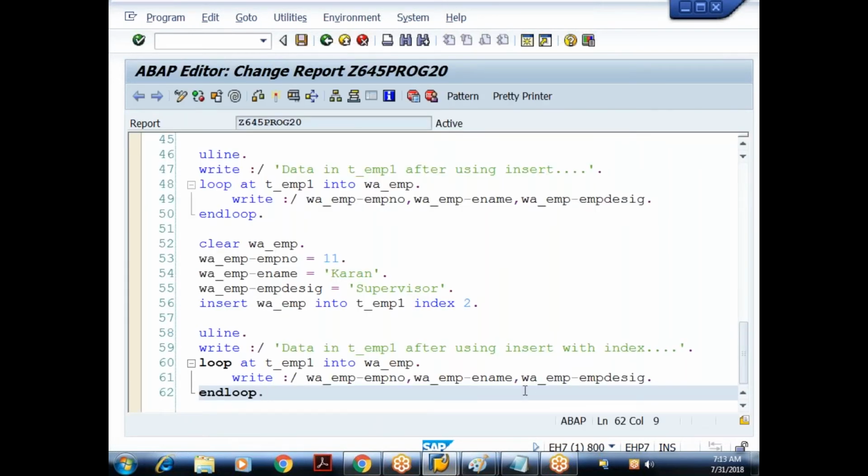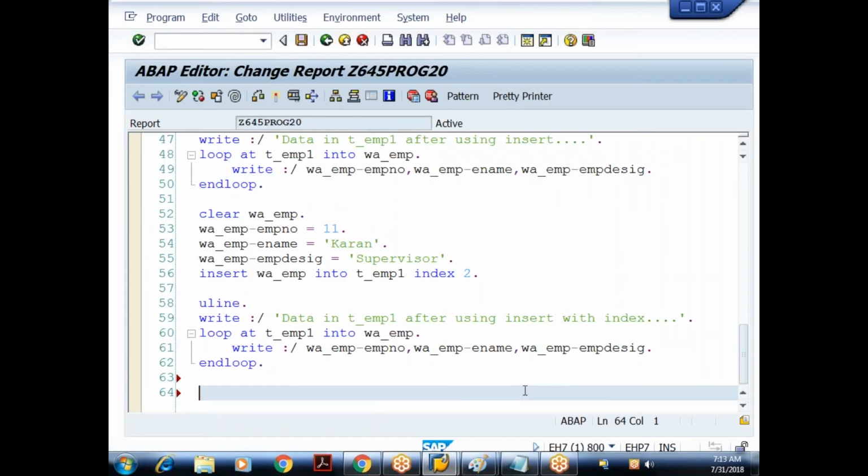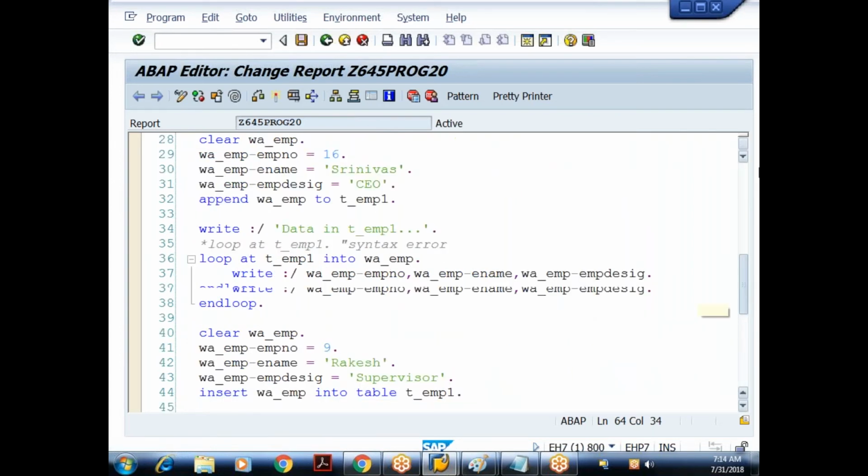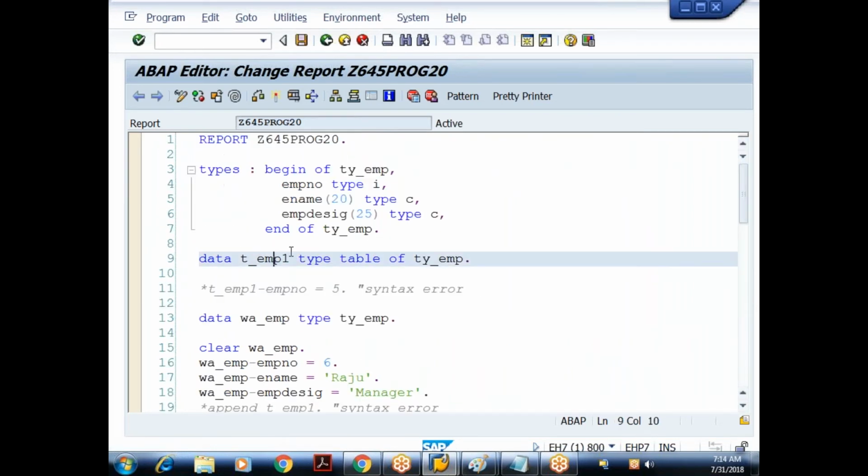Now what I'll do is, just try to understand. I'll declare one more internal table: DATA T_EMP2 TYPE TABLE OF TY_EMP. So far, we are declaring the standard internal table something like this: type table of TY_EMP. This is the way we are declaring the internal table so far.